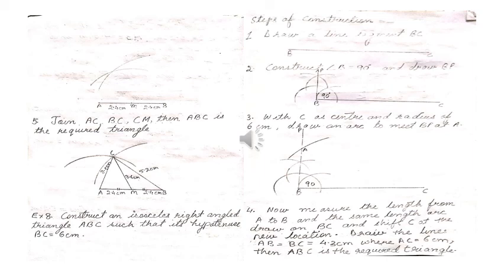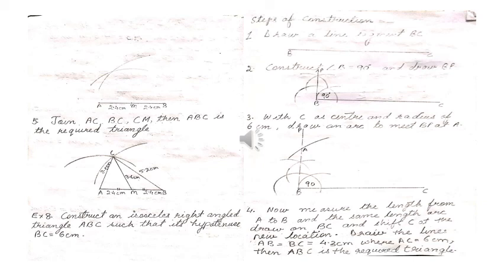Now with that same length, make an arc on BC, and where this arc is meeting BC, shift that C over there,